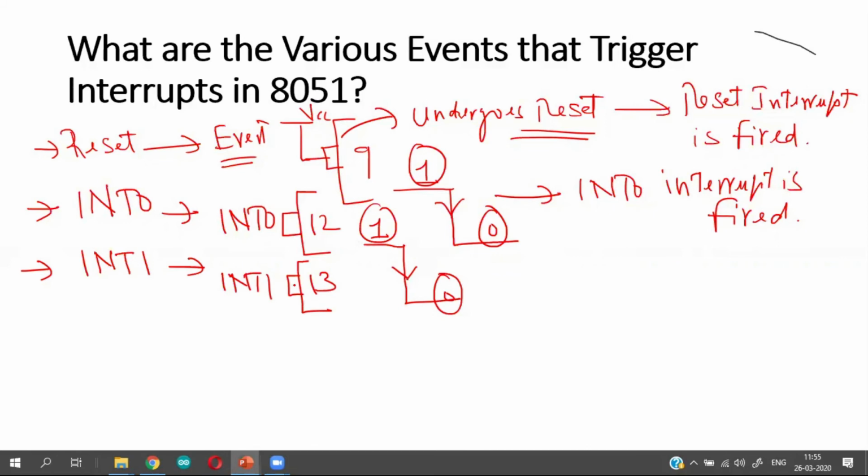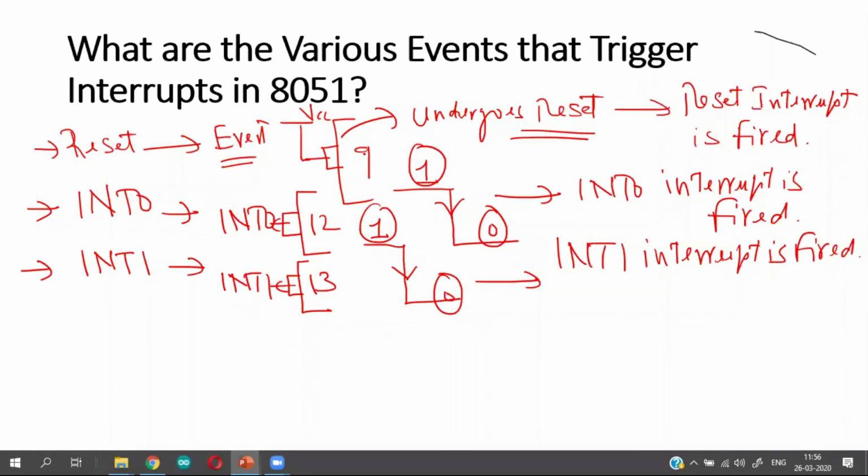So when this particular pin or pin number 13 undergoes a transition from 1 to 0, then I would say external interrupt 1 interrupt is fired.